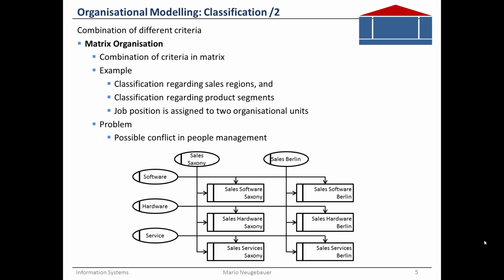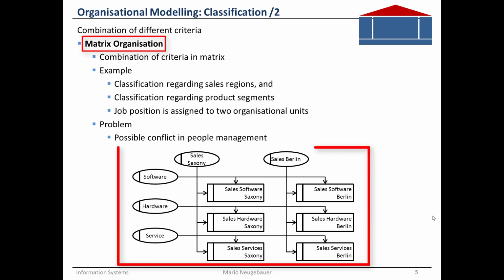And then you might see that if you organize it to the function, or if you organize it regarding the processes, then you might have complications if you want to refer to the other criteria. So for example, you have to have a sales department if you have the process orientation in each of the departments, in each of the process-oriented departments. And this might be a problem, and you might have the idea to combine different criteria, to combine it in a matrix. In a matrix, like you can see here in this example of the company,